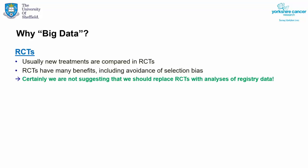Now I just want to clarify here that the fact that I'm going to be talking about using observational data to estimate comparative effectiveness does not mean that I think we don't need RCTs. I know that area is a big one for debate, but definitely in my opinion RCTs remain crucial and offer the best evidence for working out how effective new treatments are. But